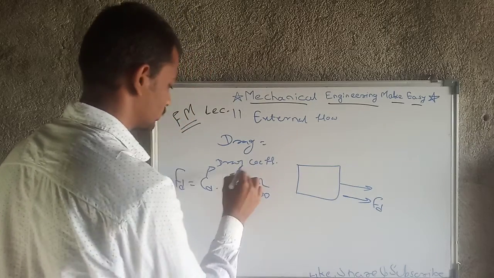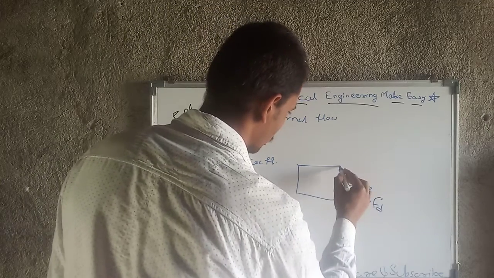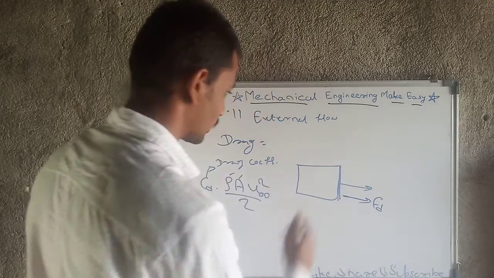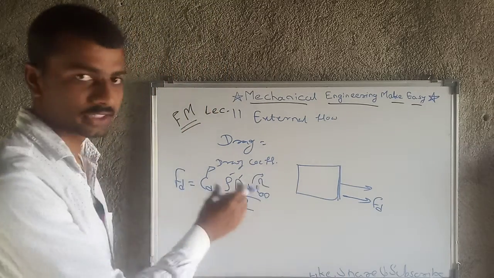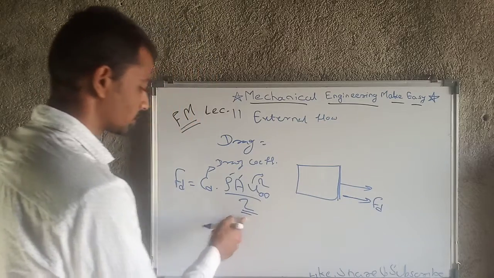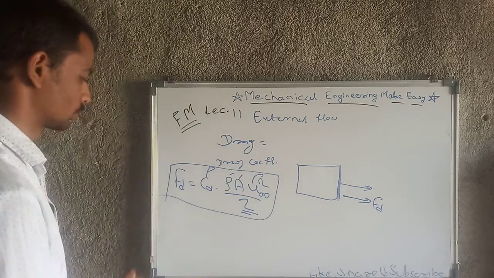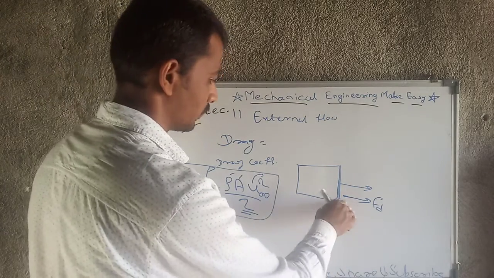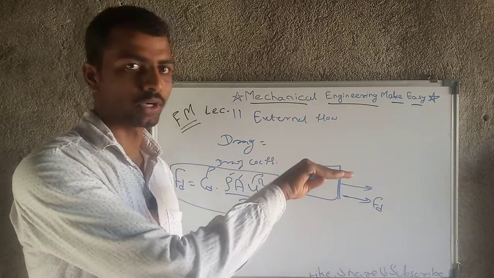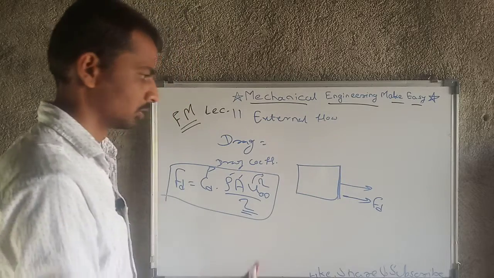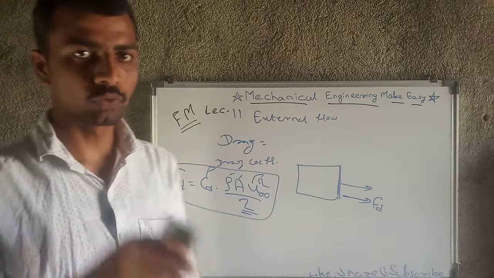Okay, this is the drag coefficient, this is the density of the fluid, this is the area exposed, meaning this body is moving in this direction, so this is the frontal area. Then this is the free stream velocity, u infinity means free stream velocity, and this 2 is a constant. Okay, this is the formula to calculate drag force. And that drag force is nothing but the parallel force in the movement of the body, the total component of that force, and because of this force the body is moving forward.